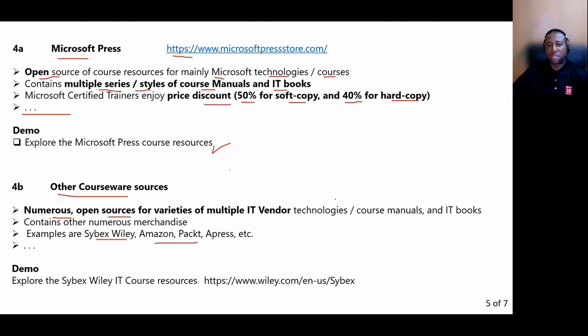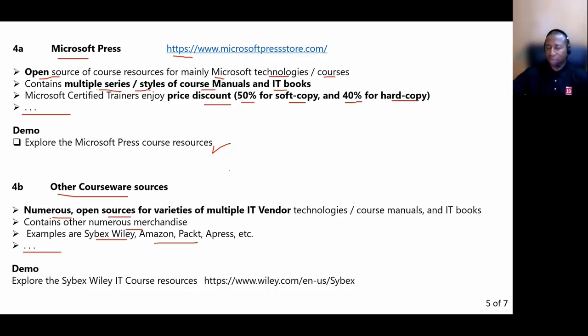But take note that these sources also contain other merchandise, such as electronics, in addition to IT books or course manuals. Some examples once more are Cybex, Packt, Apress, and so on. Some of the uniqueness of these open courseware sources is that from that site, you can also get other types of merchandise.